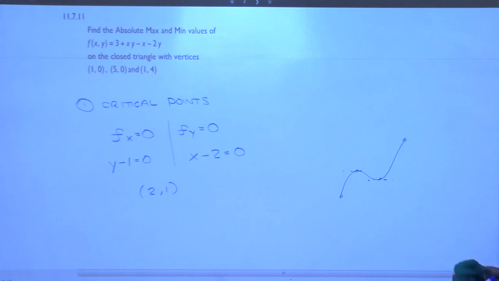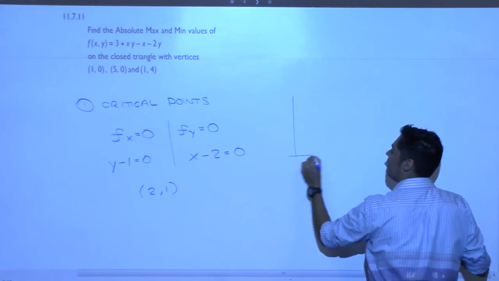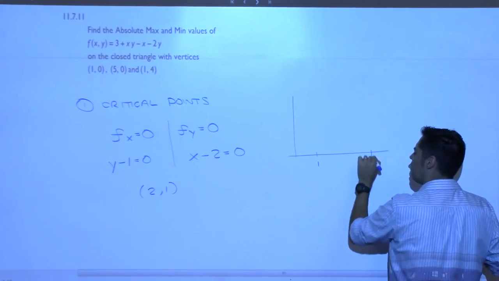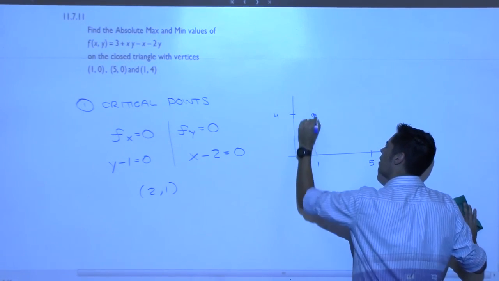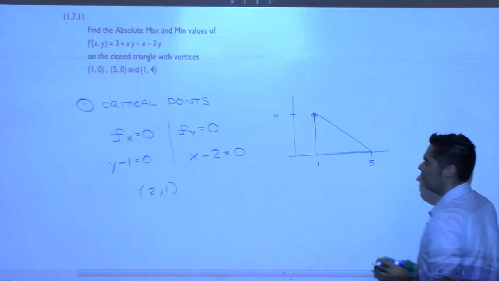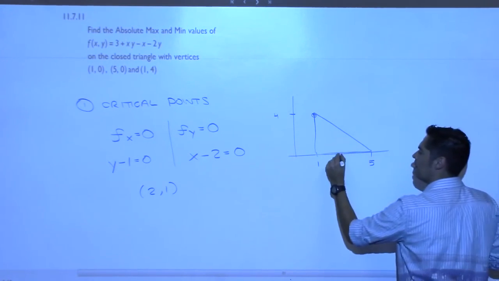Oh, wait, hold on. We have to make sure this point lives in our domain. Forgot to look. Hold on. We didn't look at that. Let's sketch the domain even though I had it. 1, 5, 4. We had our triangle here. Does this critical point live in there? Does it live in here? Yeah, it's 2,